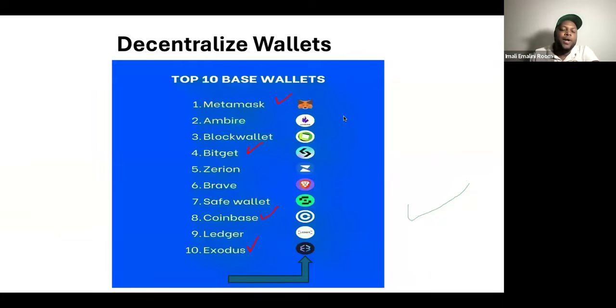Obviously, this is what we call cold wallets. This is what we call Web3 wallets, and this is what we call secret wallets. So utilize this. How will this help you? This will help you a lot when we are booming, when everybody is making millions, when country by country is panicking. Your money is safe here. Nobody will block it but yourself. Make sure that your secret phrases and keys are safe and protected.